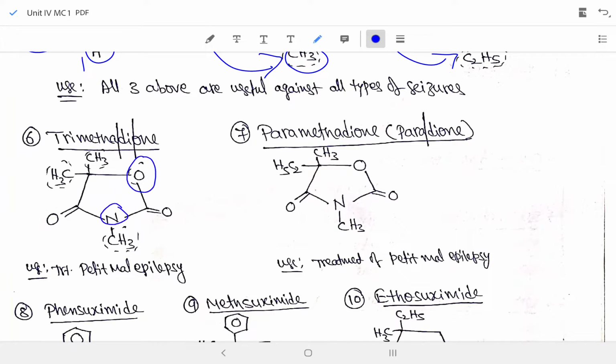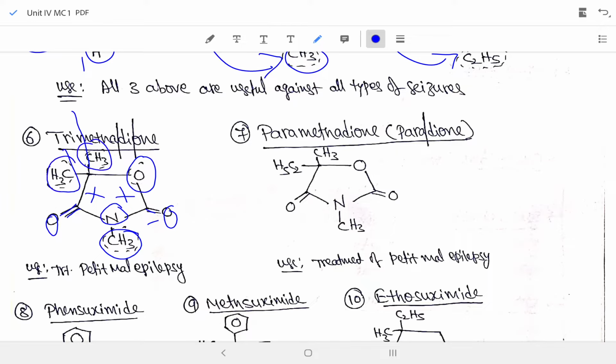Nitrogen. So oxazole, a 5-membered ring. Oxazolidine, with the "idine" ending because there are no double bonds. Oxazolidine with two C double bond O's is the general structure. Here, trimethadione, because tri means 3 methyl. There are 3 methyl groups, one attached to the nitrogen atom at first position and 2 others as side chains, like substituents, attached at fourth position.